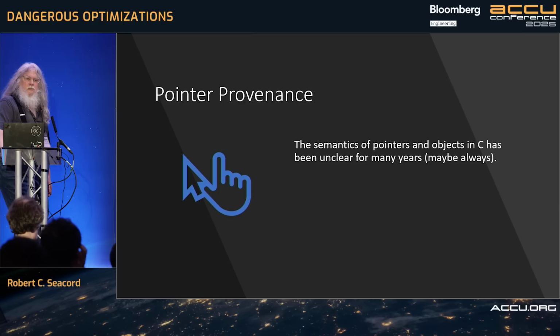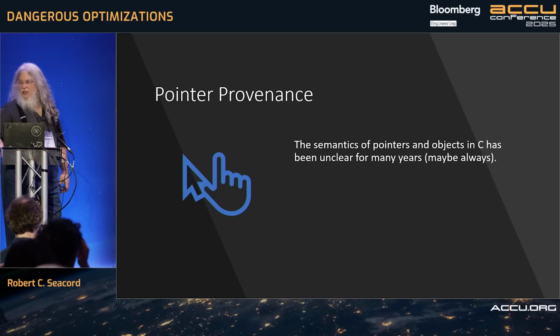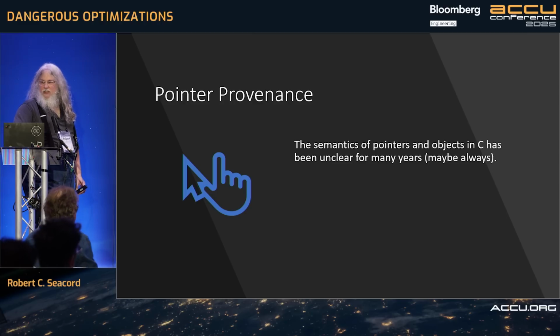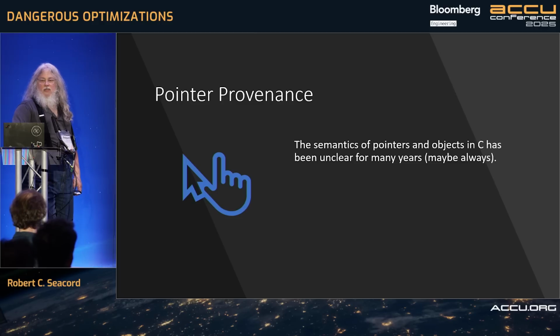Pointer provenance started with a defect report to the C committee back around 2000. It was the result of compiler vendors wanting to do alias analysis to do better optimizations. Once they started doing that, it raised a lot of questions about what that meant and what they could do, and those questions were never answered. So there's a lot of divergence now in how compilers do pointer provenance, and that divergence is kind of incompatible. There's no solution to this problem that doesn't break existing code.